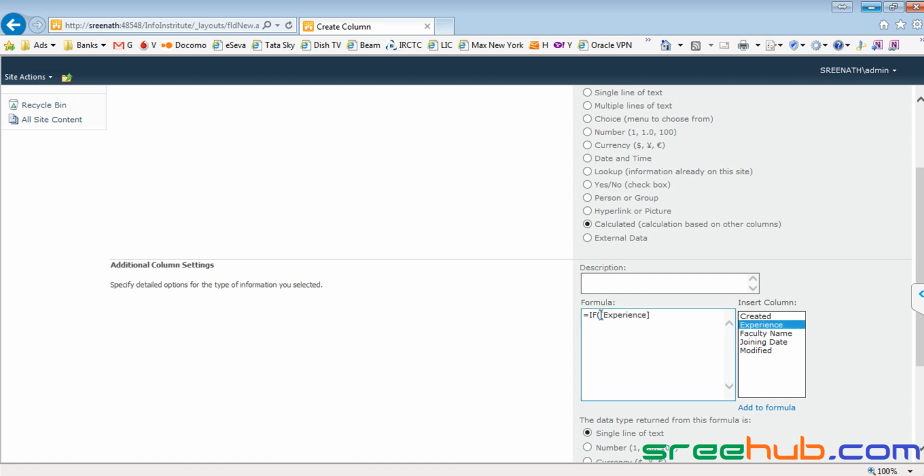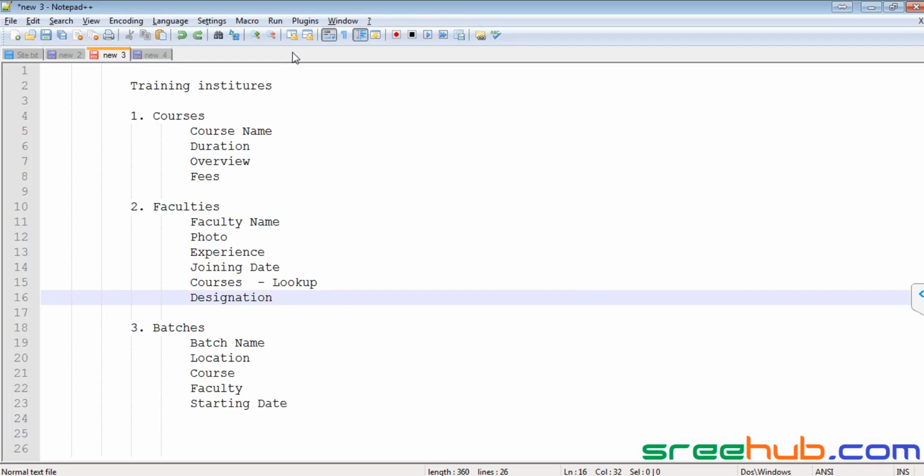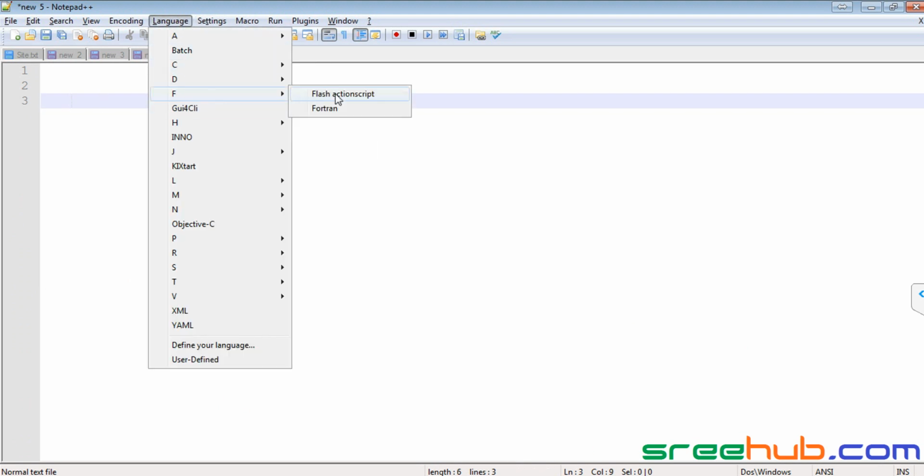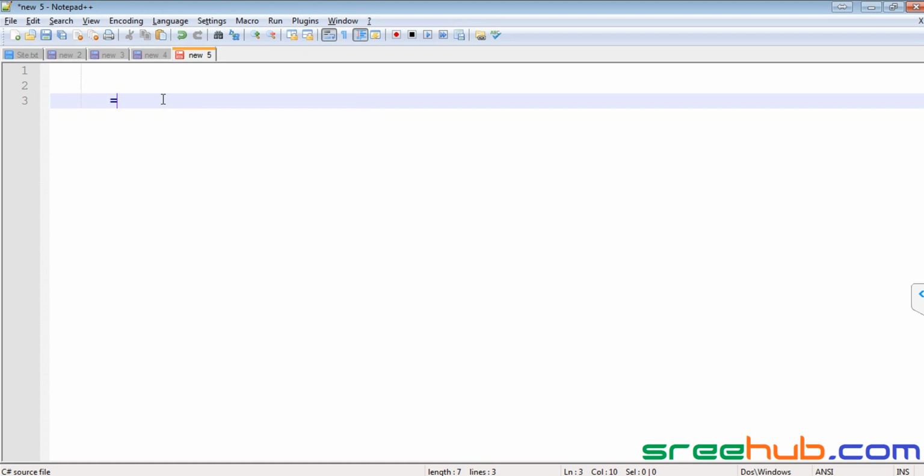If experience is, let me write in notepad, you will understand better. I'll just copy this experience. If experience, this is my condition here. If experience,